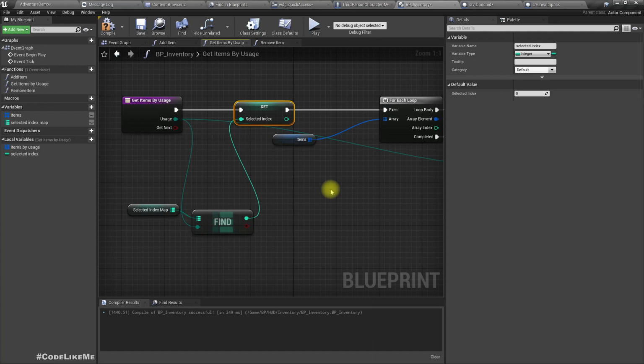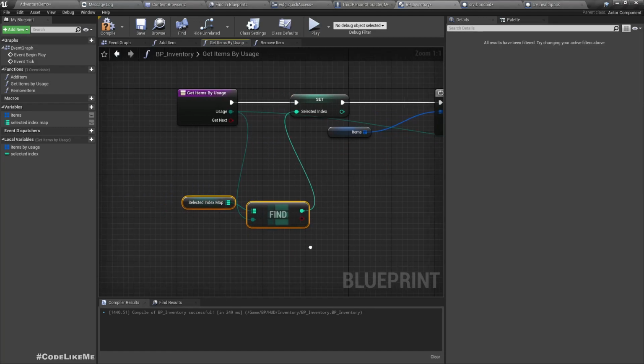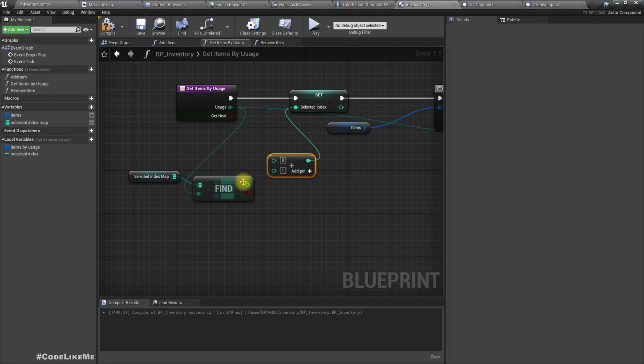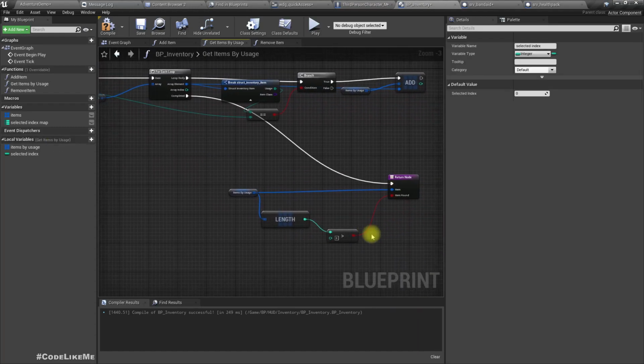And if we have get next true, what we're gonna do is we are going to add one here. Add this one with this. So if this is false, we will get a 0 here. If this is true, we will get a 1 here. So if we have 0 as the selected index, this would be 1. Right, now here